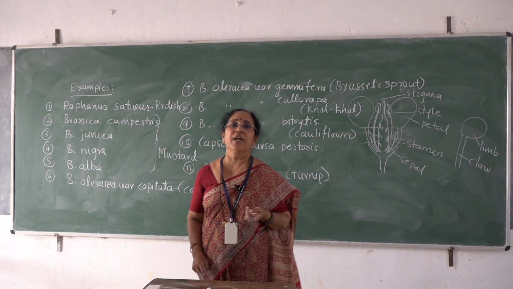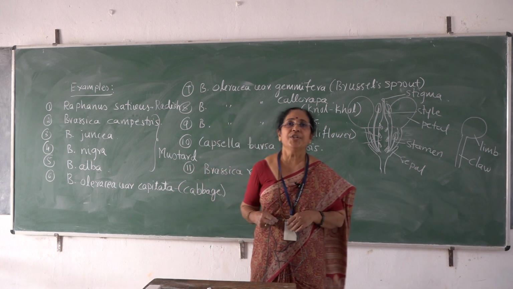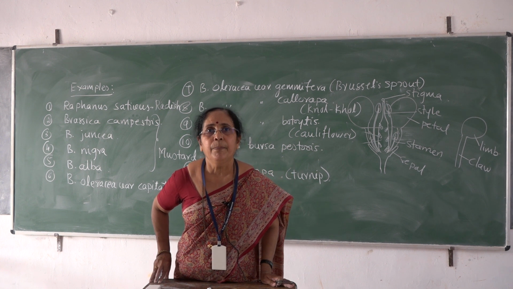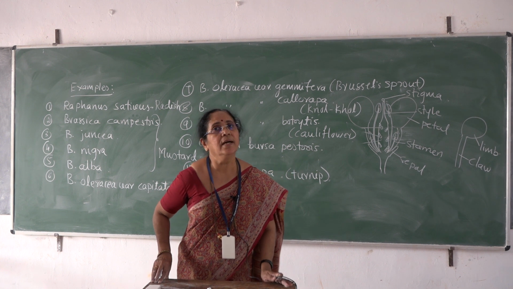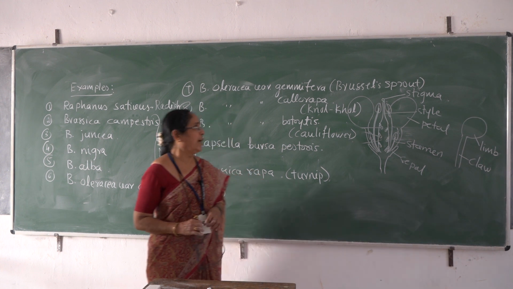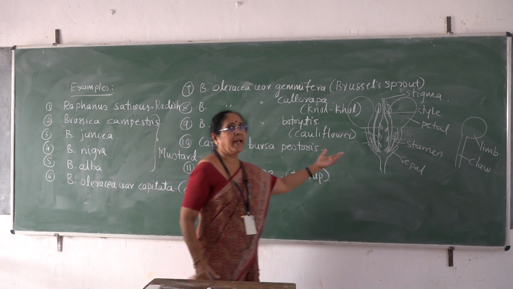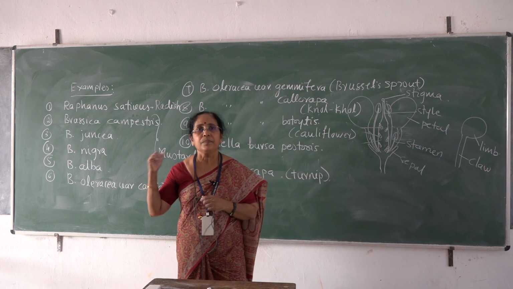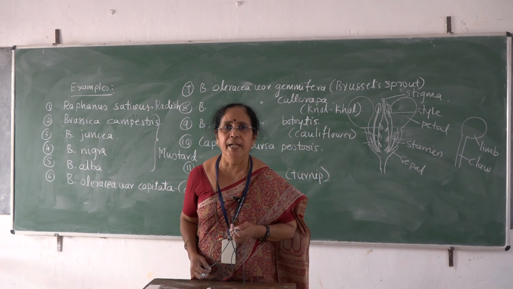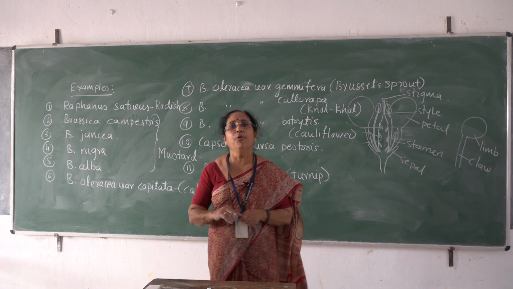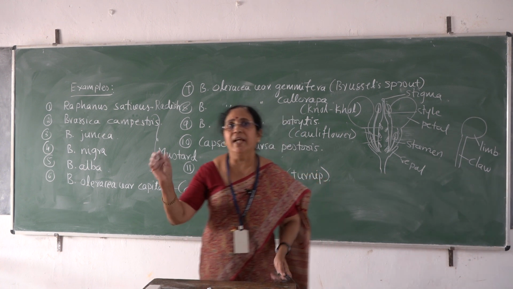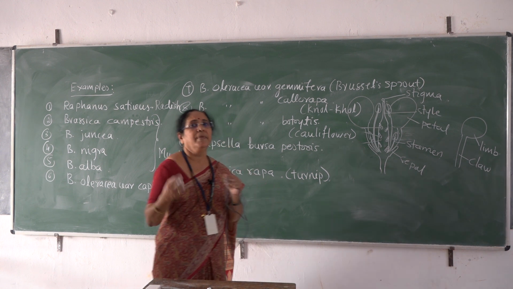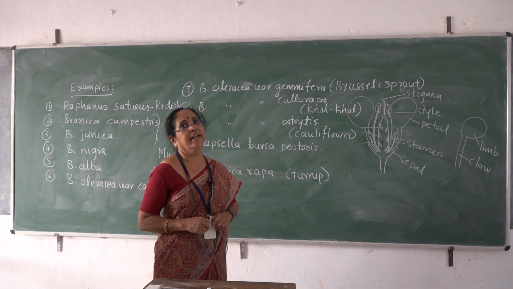The stamens are in the tetradynamous condition, with a bicarpellary syncarpous ovary with a partition wall called replum, and the placentation is parietal. The characteristic fruit of the family is called the siliqua or silicula. So carefully go through the terminologies. If there is any spelling mistake, please correct it, because some minor mistakes may be there in this. You can get it corrected.